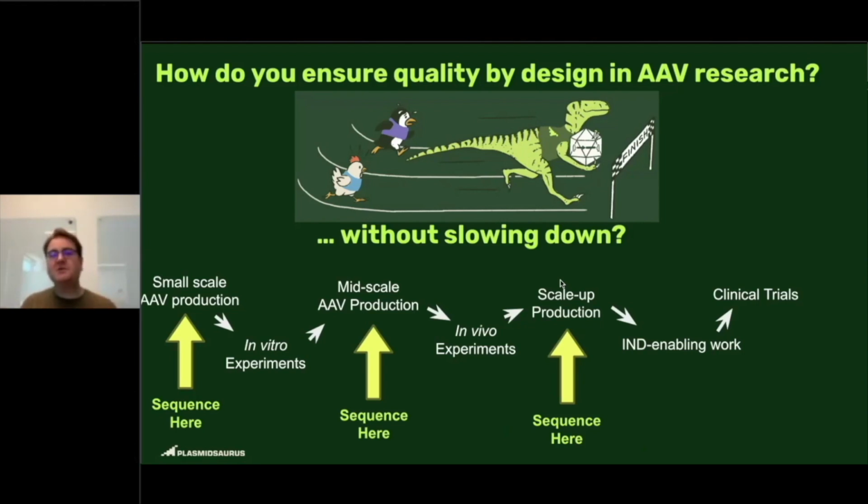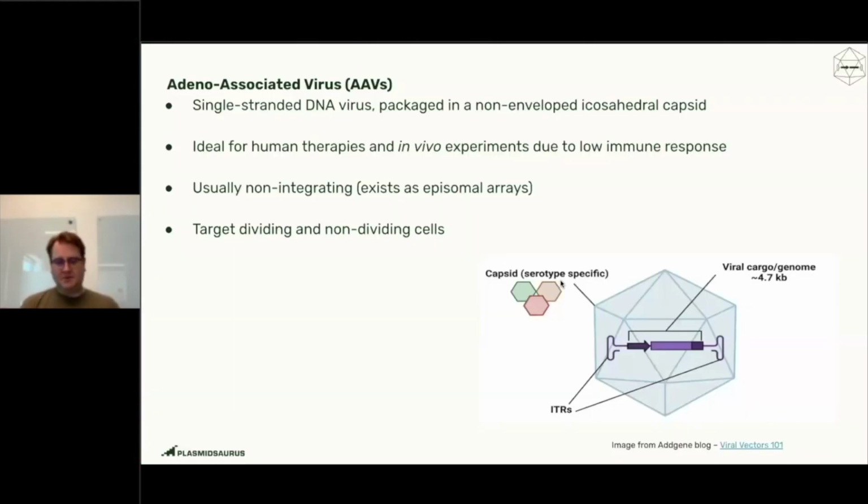And Plasmidsaurus offers a solution here, which is a fast turnaround, affordable AAV sequencing that can be done at every single step because we require very little input. So just so that we're all on the same page, and also for the people who are not gene therapy experts that may be watching this presentation,